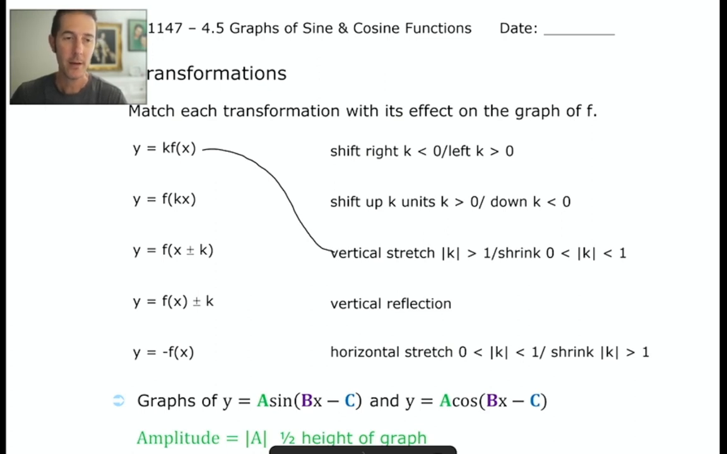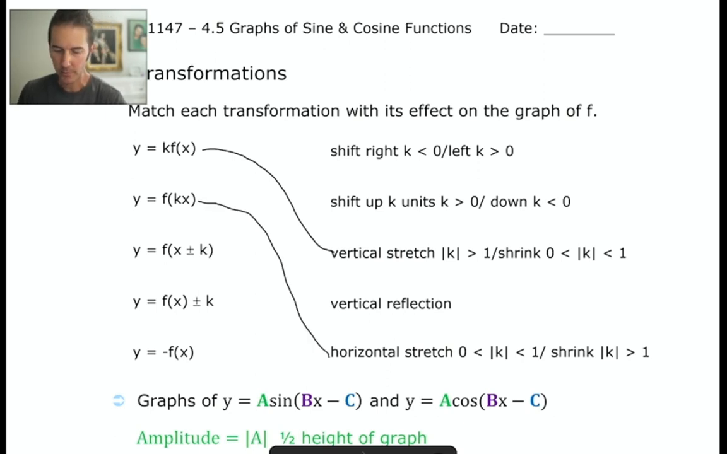Now the next item on the left-hand column has the multiple of k inside the function, and those are the ones that have sort of a counterintuitive impact. The k value is in there by the x, which means it's going to modify horizontal stuff, and so we're talking about either a horizontal stretch or shrink,